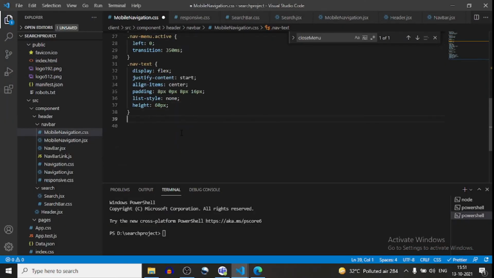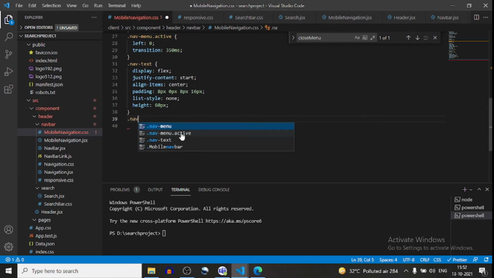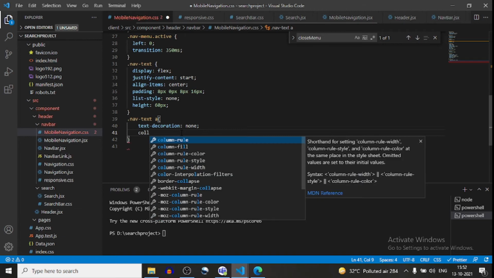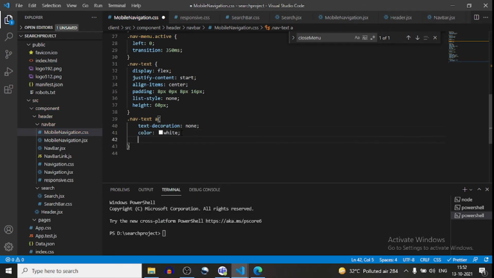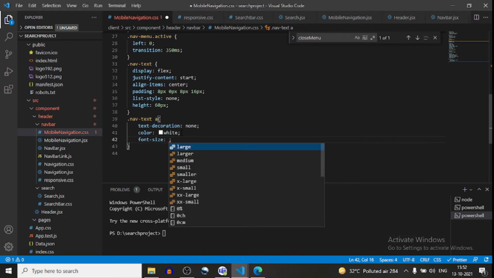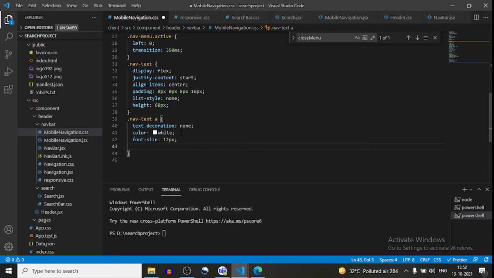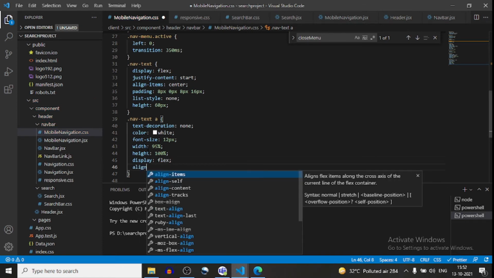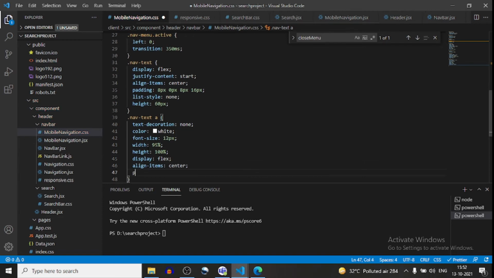Now nav text a, nav text anchor tag. Okay, so for anchor tag, text decoration none, color will be white, and font size I will do 12 pixel, and width I will do 95%, and height I will do 100%, and display will be flex, and align items will be center, and padding will be 0 and 16 pixel.